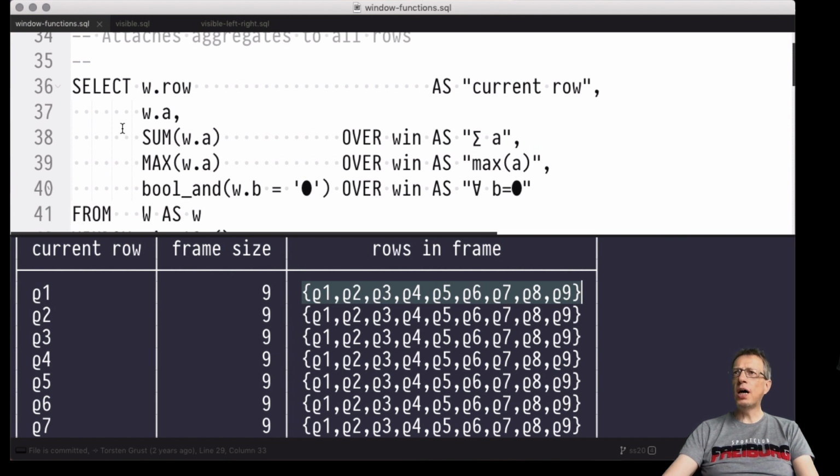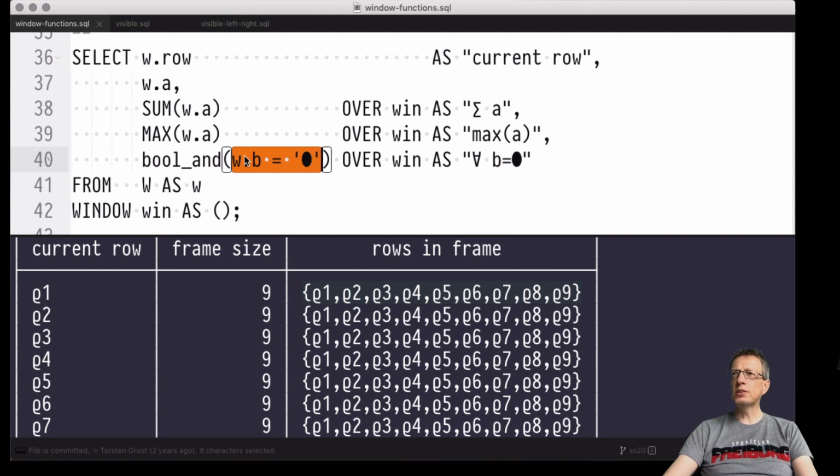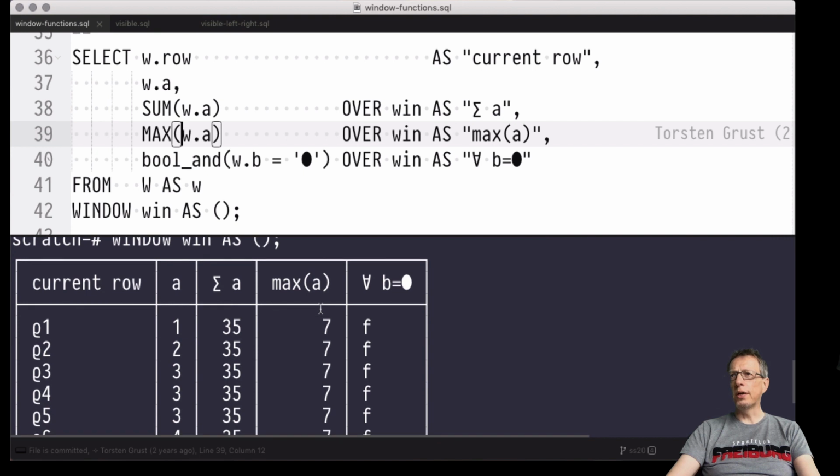Of course, we could use other aggregate functions, not just the count and the ArrayAgg, and evaluate them over this very simple window specification. So we could perform a sum or a max computation or a Boolean universal quantification, looking for this predicate that tests whether all b values are indeed this black circle. And they aren't, as we've seen in the sample data. And this same aggregate computation would be performed for all the rows of the W table. So let's see, we should see identical results for all of the